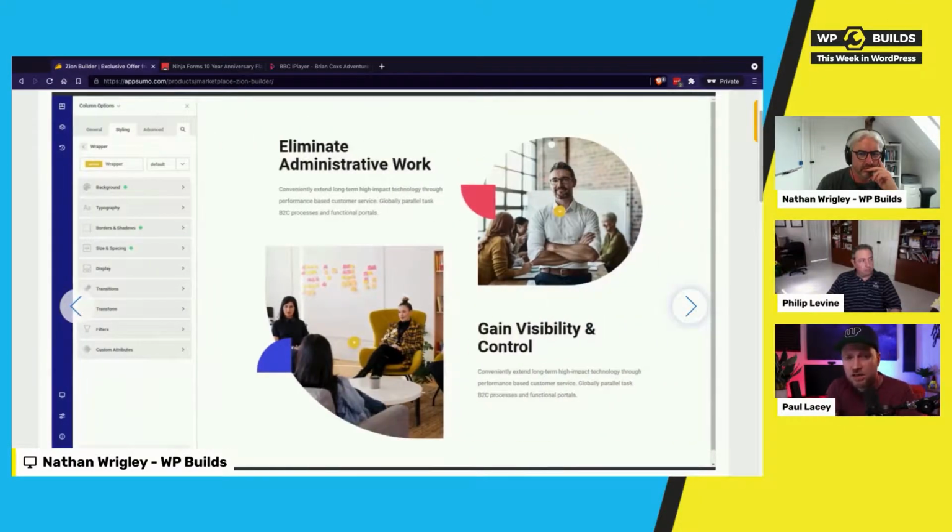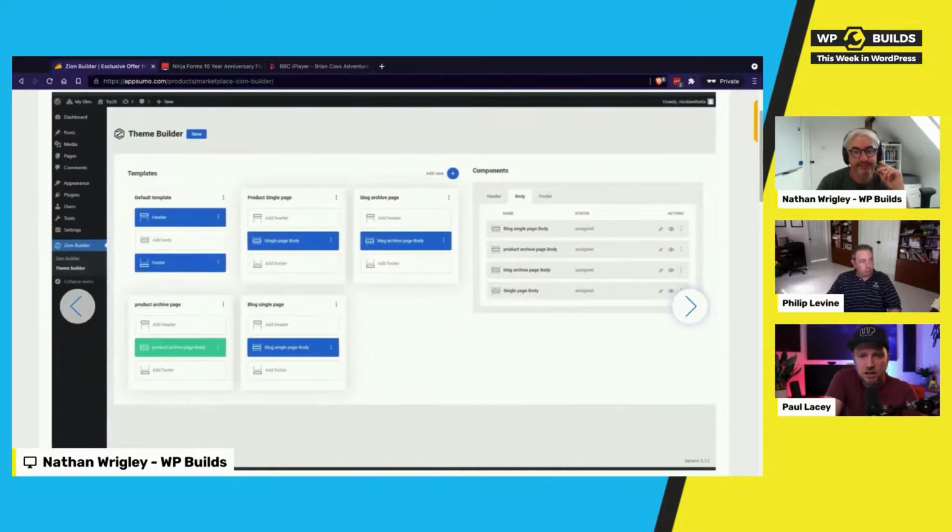And the reason we're mentioning it is just because there's a deal on AppSumo for $99. Yeah. AppSumo seems to have changed a lot over the last year or two. It used to be lots of SaaS tools, but they started this thing called AppSumo Marketplace, I think, where almost any company can decide they want to list on there, and AppSumo will take a big chunk of the money and everything. But Zion Builder seems to be getting a lot of people talking about it. I don't know too much about it, but if someone is looking for the new kids on the block and has tried Bricks and wants to try something else and figure out what their thing is going to be for the next few